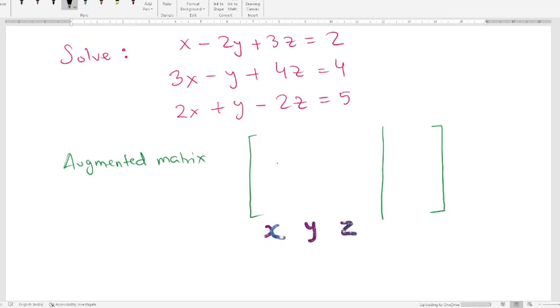So what are these? The first column will have the coefficient of x. The second column will have the coefficient of y. The third column will have the coefficient of z. So we'll write down all these coefficients. The first equation will be the first row, right? And then we'll write down the first row as,